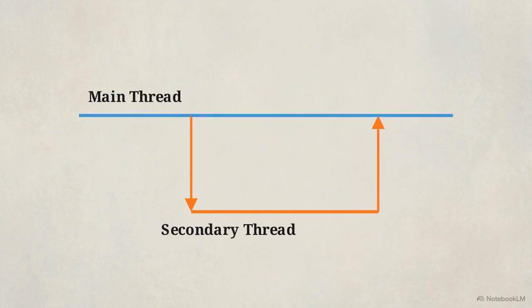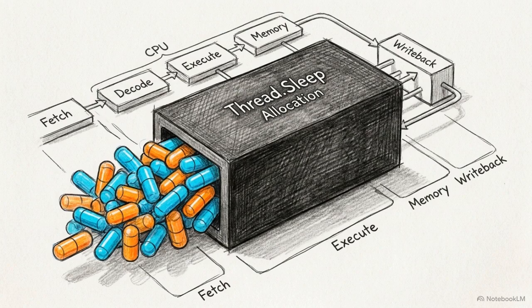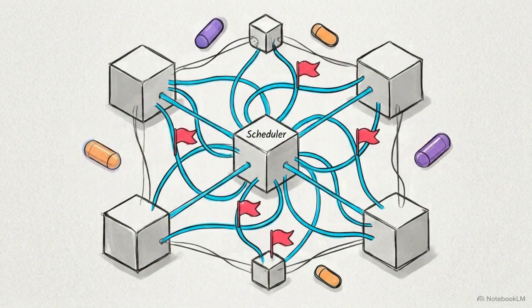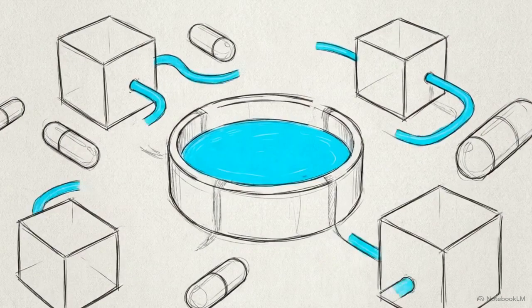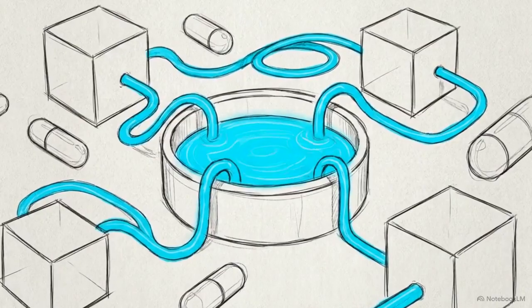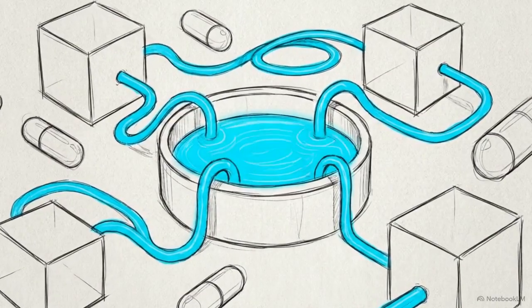into the timeline. Thread.sleep creates a similar inefficiency. It traps the thread, holding on to its 1 MB memory allocation while the CPU performs no work. Thread priority settings suggest an execution order to the OS, but under heavy load, the system scheduler often ignores these suggestions to maintain overall stability. Because manual thread management is expensive, engineers required a system that recycles execution paths rather than destroying them after a